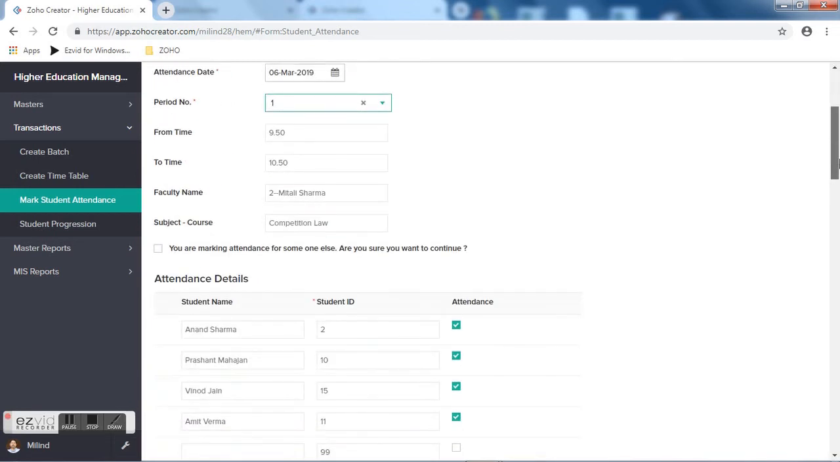Automatically the period, start time, end time, and the faculty member who is supposed to take this period comes here. Since I am not the concerned person who is supposed to be the faculty member for this particular slot, it gives a message, you are marking attendance for someone else. Are you sure you want to continue? So you need to select this checkbox